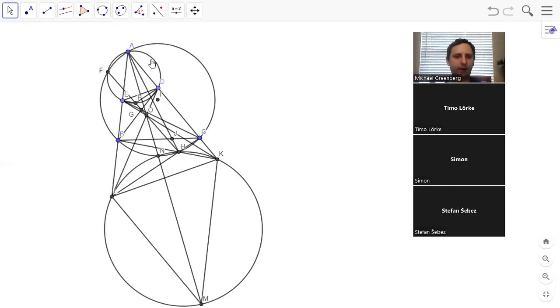Basically, I was trying to use phantom points. So the way the problem was defined, we let F be the intersection of these circles. But I was thinking, what if we tried to instead assume this is parallel, and then we'd